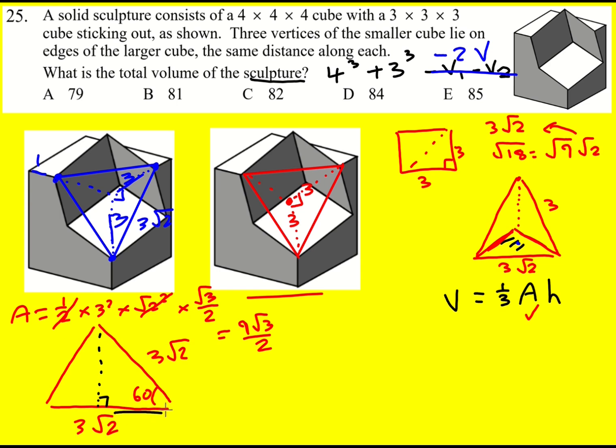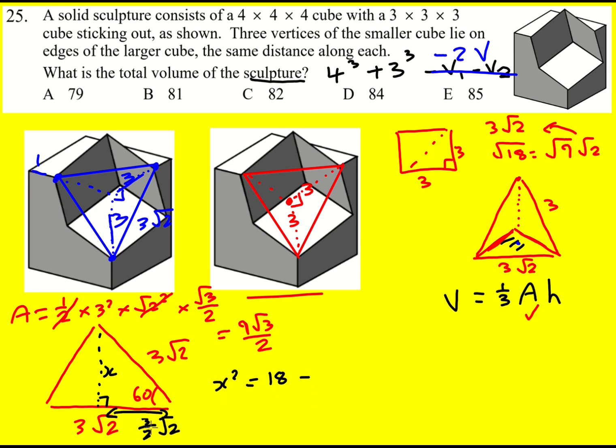So I would now work out this length is just a half of 3 root 2, so it's 3 over 2 root 2. And then I don't want to call it the height h because I'm using height somewhere else. Let me call it x. Then x squared would be 3 root 2 squared minus 3 over 2 root 2 all squared. That will be, remember it's root 18, so 18 minus, then if I'm dividing, actually I just need to divide